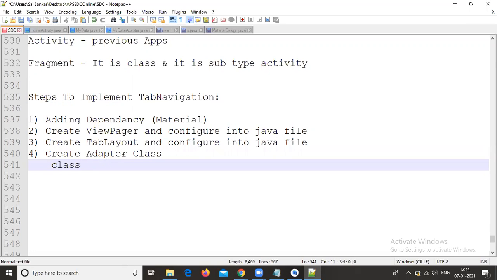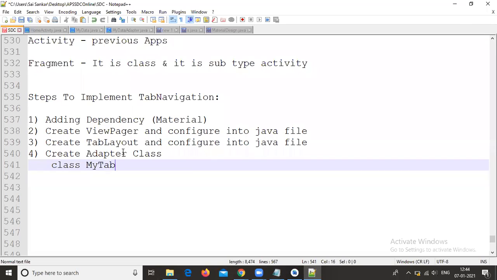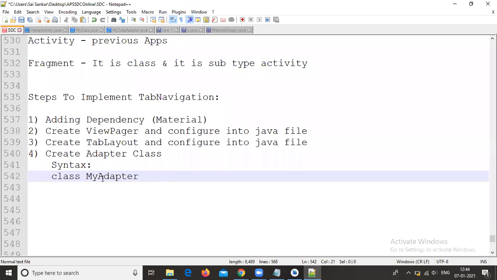Class: my class name is the tab adapter, my adapter. For understanding purposes, I am writing it like this. So this is the syntax.